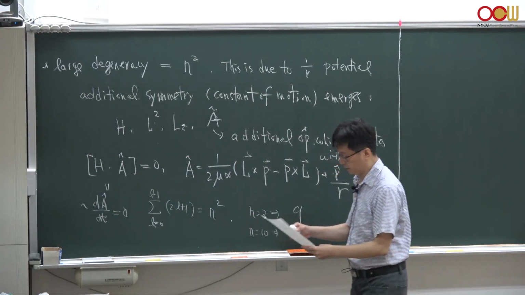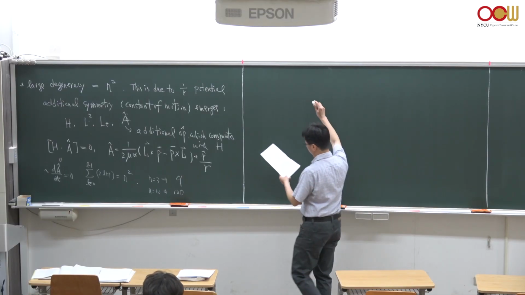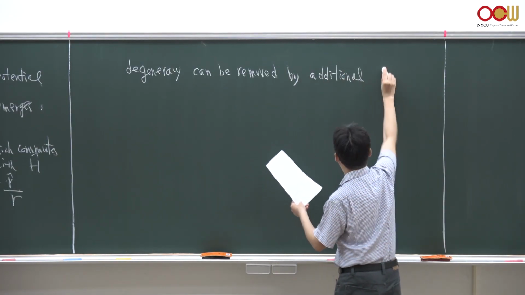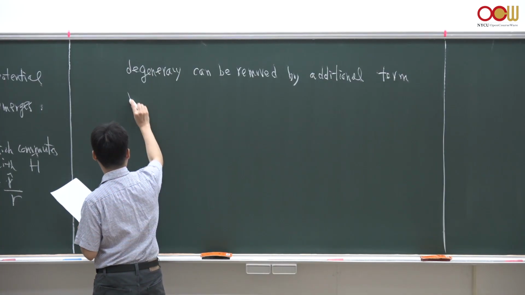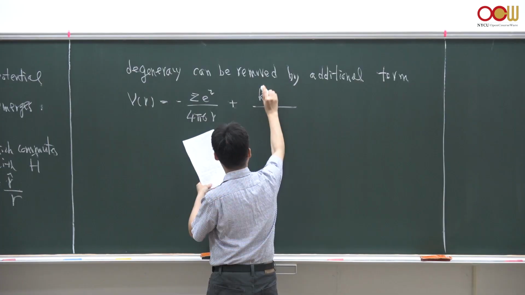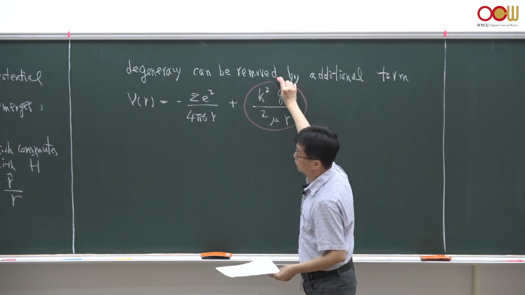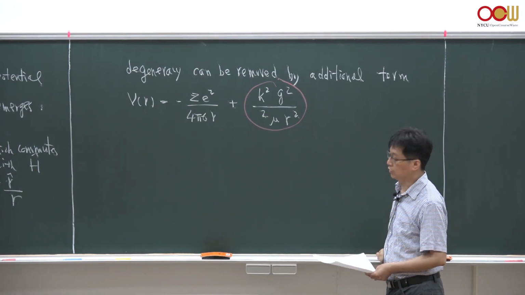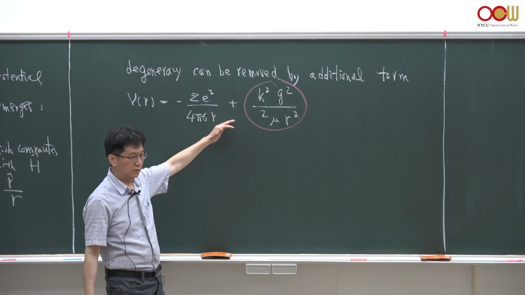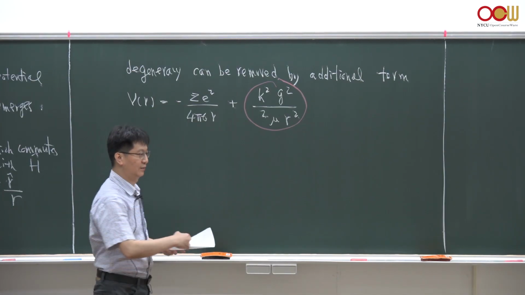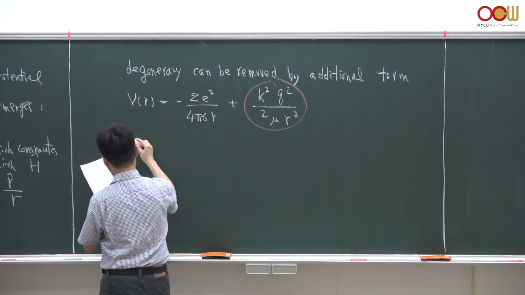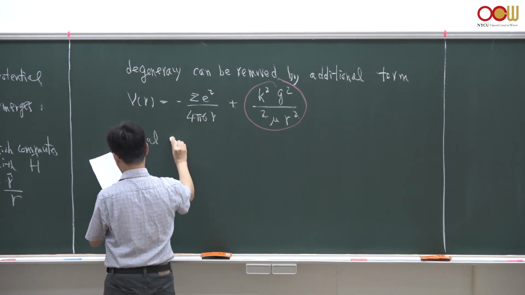But we could remove that degeneracy by considering additional terms in this potential. Here is a very simple example of such an additional term that you could add to your 1/r potential to remove the degeneracy, which is of the type 1/r squared. Suppose I add this additional term to my Coulomb potential energy, which is 1/r squared times some prefactor. We could plug this into the Schrödinger equation of the hydrogen atom and simplify, and we'll get exactly the same eigenfunctions. The radius part of the equation looks the same,